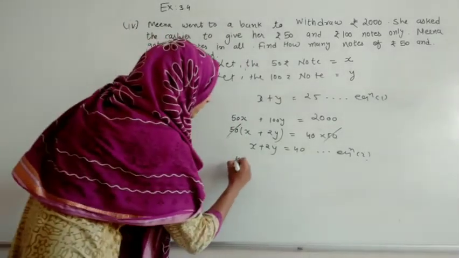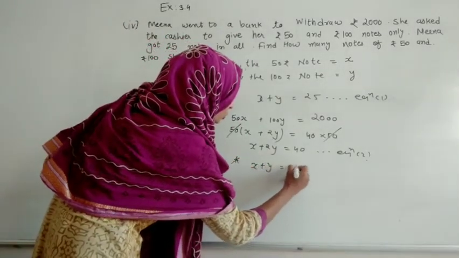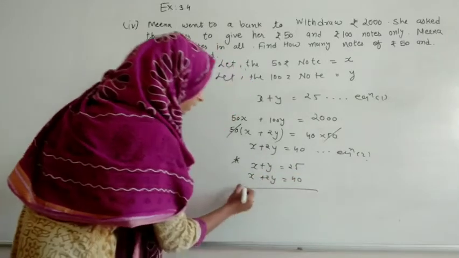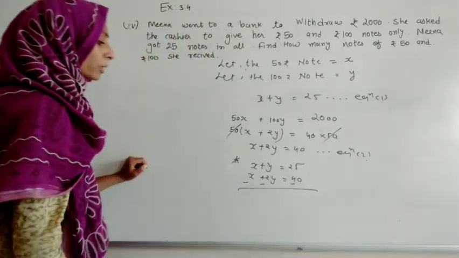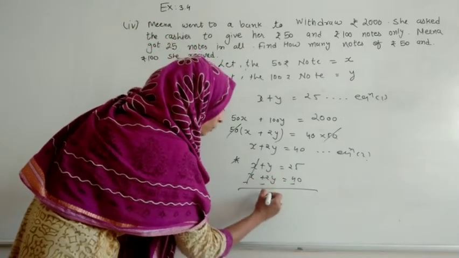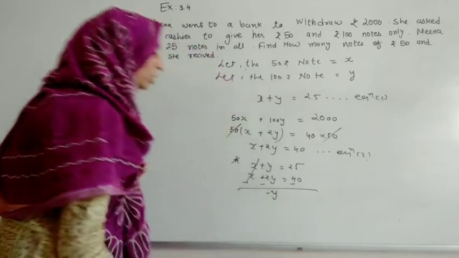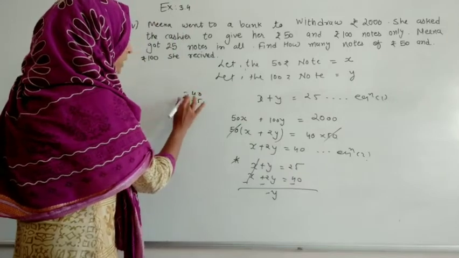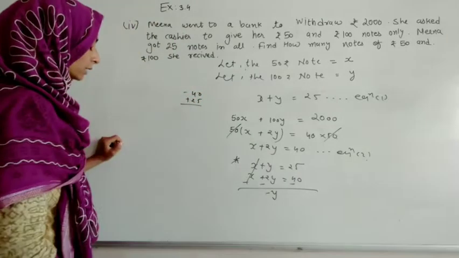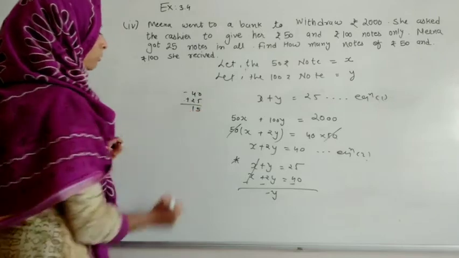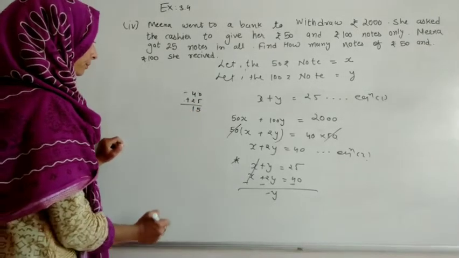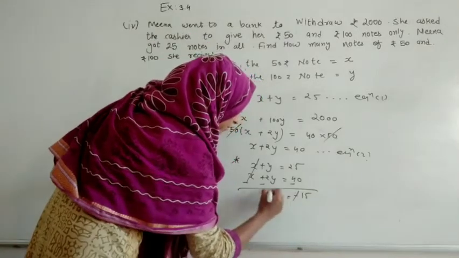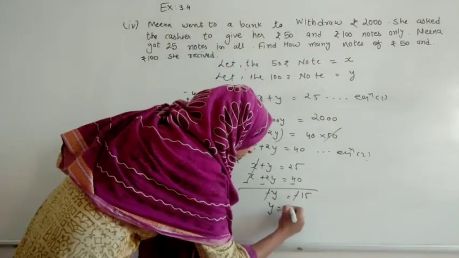So let me write. So it will become x plus y is equals to 25 and x plus 2y is equals to 40. We have to change the sign. So let me do it. So it will become minus 2 plus 1, so it will become y, but the symbol of the greater number will be minus. 40 minus 25, because 40 is in minus and 25 is in plus. So here what will remain? So here 15 will remain, and the symbol of the greater number, that will be minus 15. Minus minus will cut out and y is equals to 15.